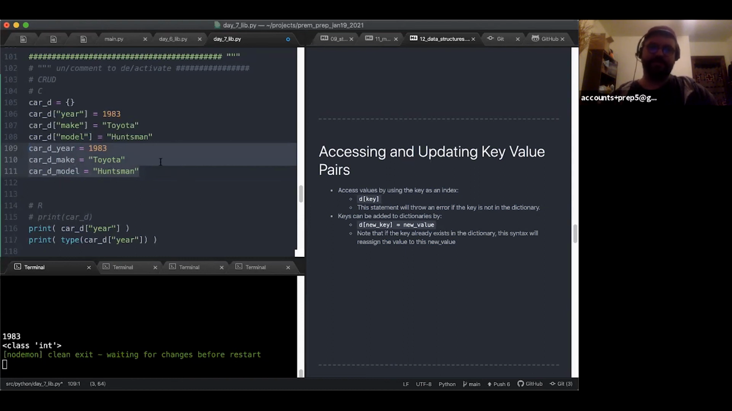Yeah, and these variables also apply to a 1983 Toyota Huntsman, whereas I could use a dictionary with year, make, and model to describe any car, right? So they're all nice and bundled up into a single dictionary that I can pass around that represents my car, or whatever. If I drove a 1983 Toyota Huntsman, which I don't know why I don't. Obviously I should, but